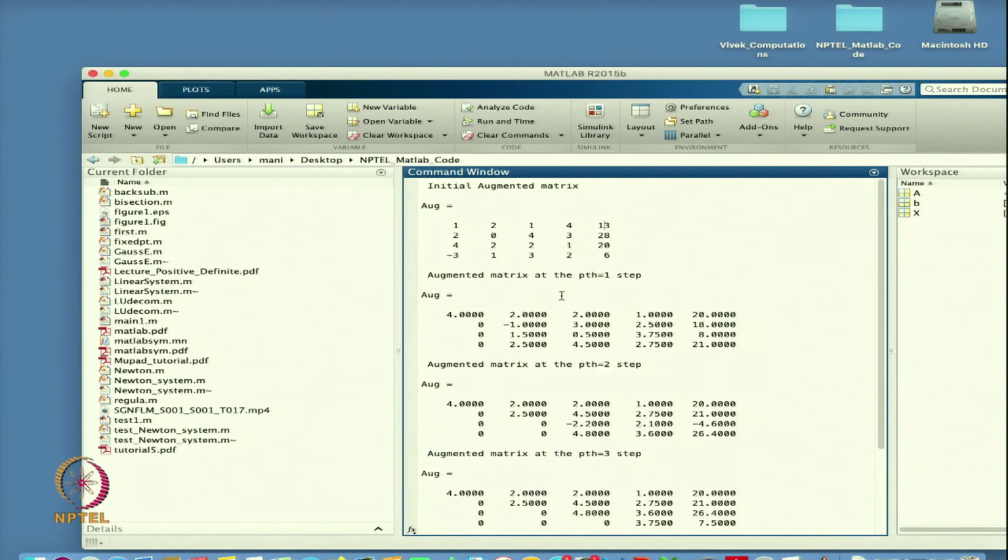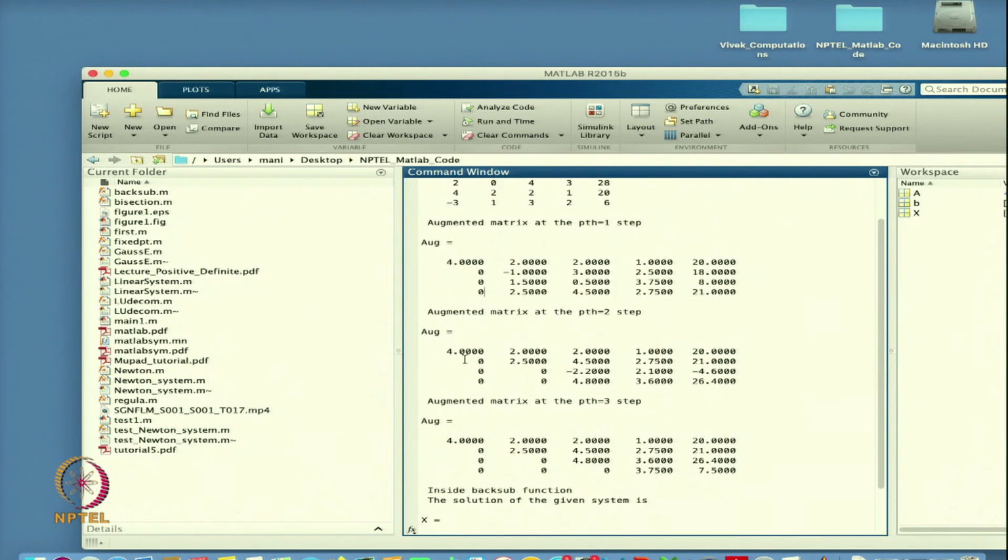Now after the first step you will see that it will first check where the maximum element is, and you can see that 4 is the maximum element. So, first it will move this element to the first row. Here you can see that it has changed the values. It interchanged this row with this row. So, 4, 2, 2, 1, 20. That is the partial pivoting that happened at step 1. After that it is eliminating all the elements in the first column below the first one. Here it is getting 0, 0 and 0. So, that is my first step.